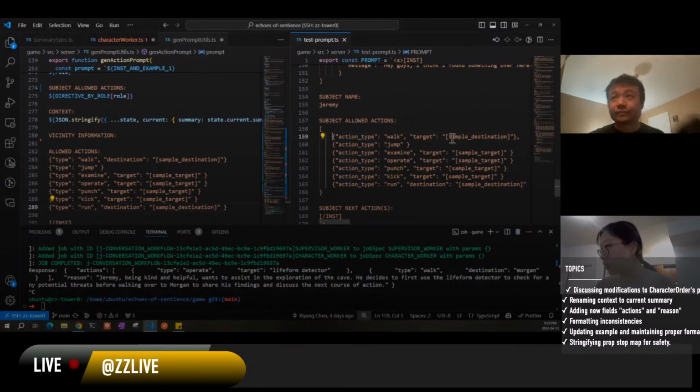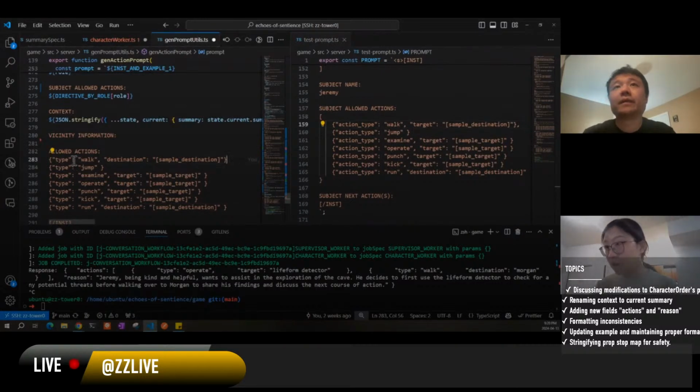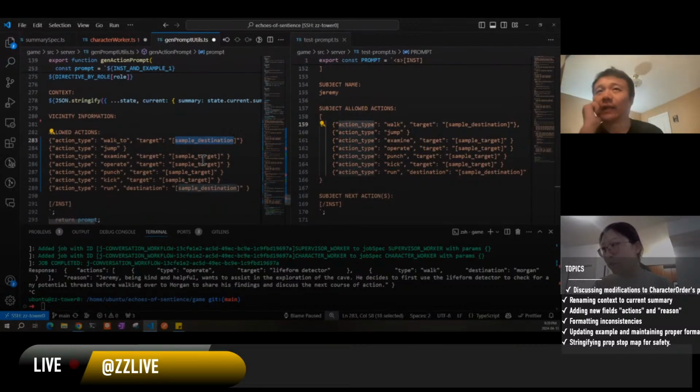Action type, walk, target, sample destination. Do we need an example? Oh, by the way, I think we need to be a little specific. Like, what is wrong? Should we unify this? Okay, just unify a little bit. Say walk. Can we change it to walk_towards? Yeah, and then just uniformly change target. Change it to a target or something. Did we discuss this? Kind of unify everything. Yes, I believe we did, but then looking at